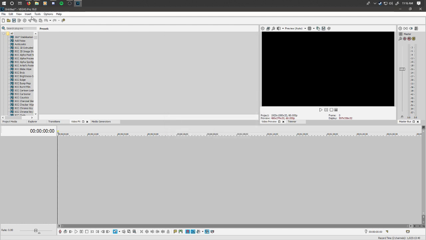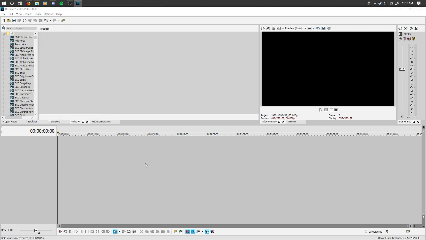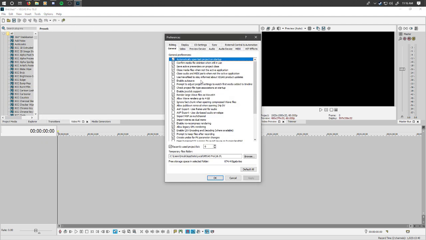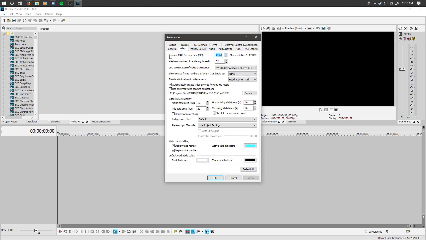Perfect. That's exactly what I needed. I'm gonna go to preferences and import. Where's import video? Maximum number of rendering threads 64 because screw off. GPU acceleration, of course. My GTX.